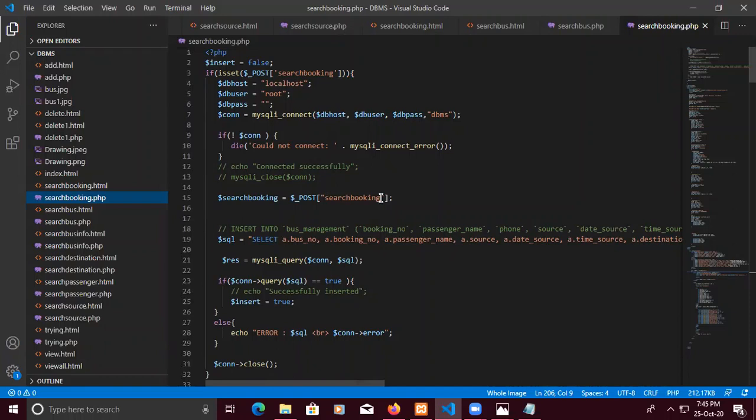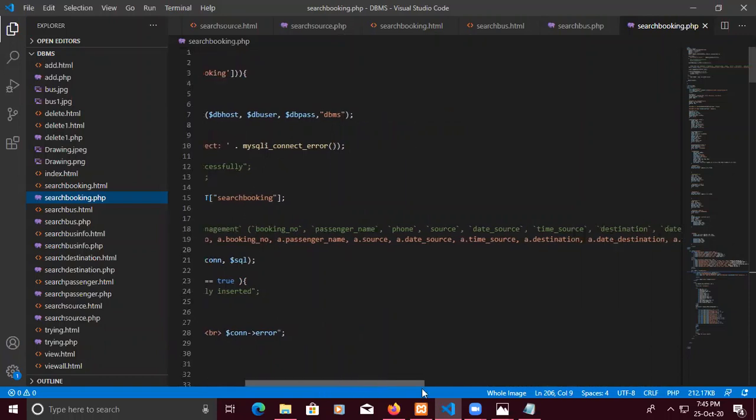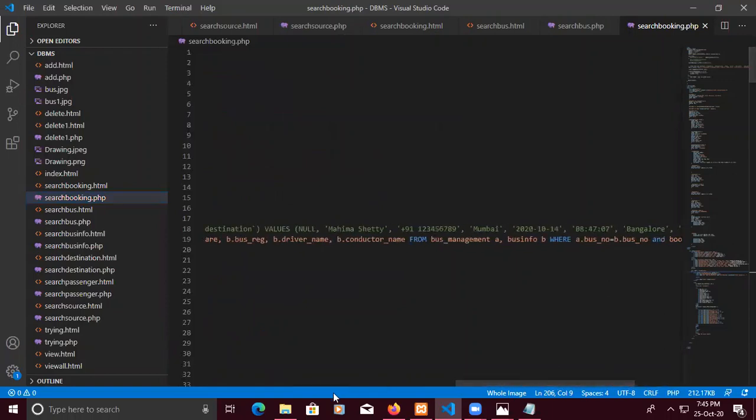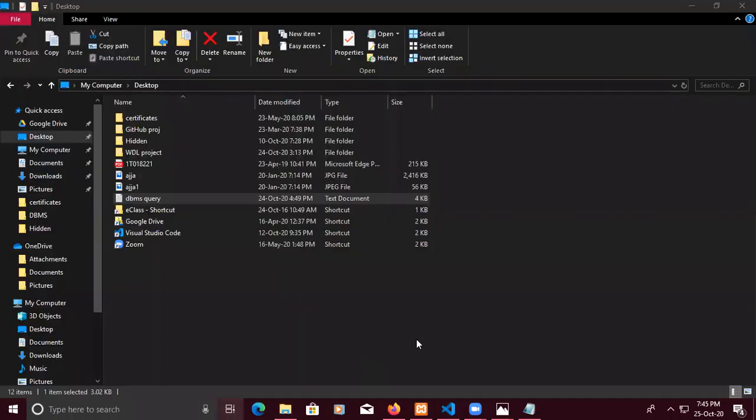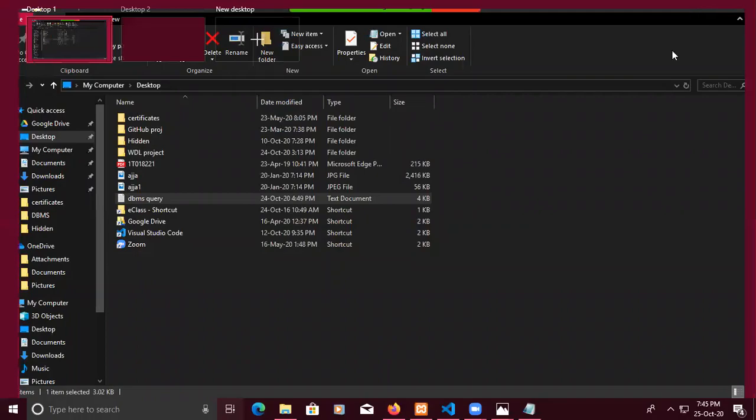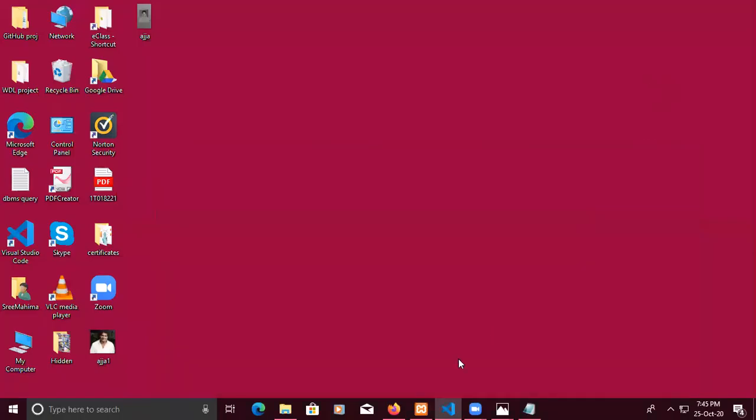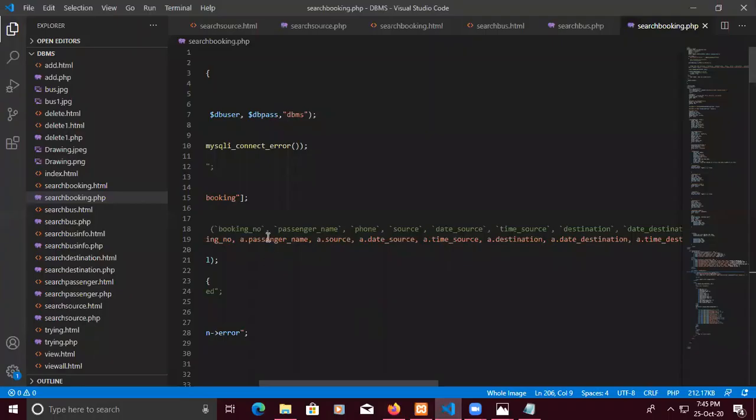It will be fetched and used inside the SQL statement. Interestingly, here I have used the joining function.